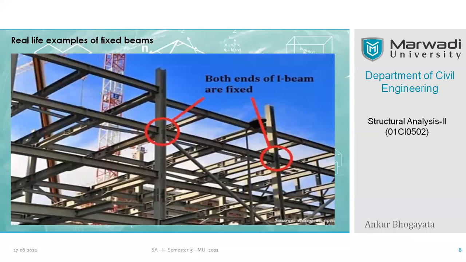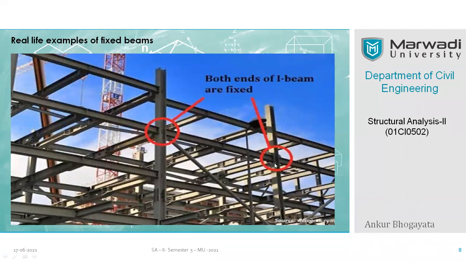So here you can see this beam qualifies to be called a fixed beam. And if I apply a force here, then it will directly get transferred to both ends effectively. Right. So I selected this image just to show you how the same material can develop fixity. Here the column is made out of a steel I section, you can see. Also this is an I section, and both are connected with each other by means of a rigid connection.